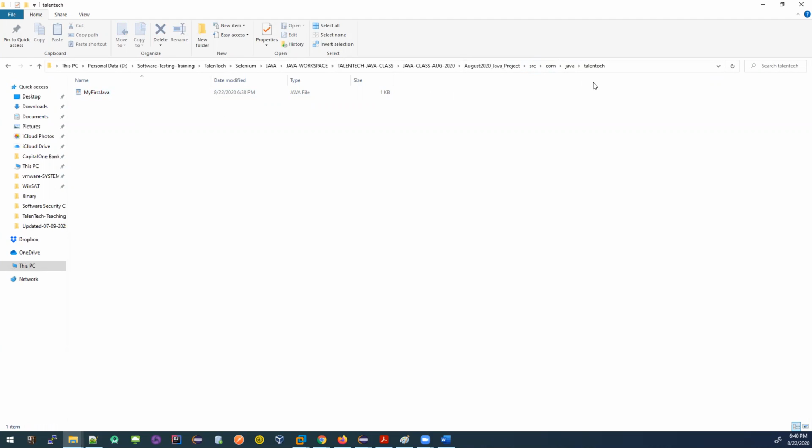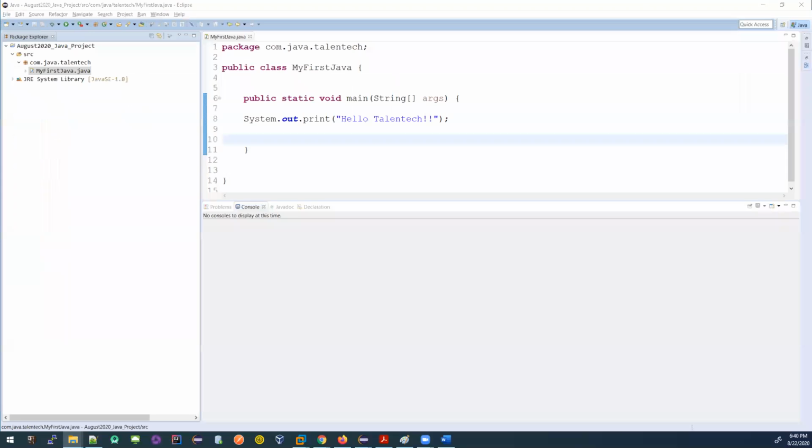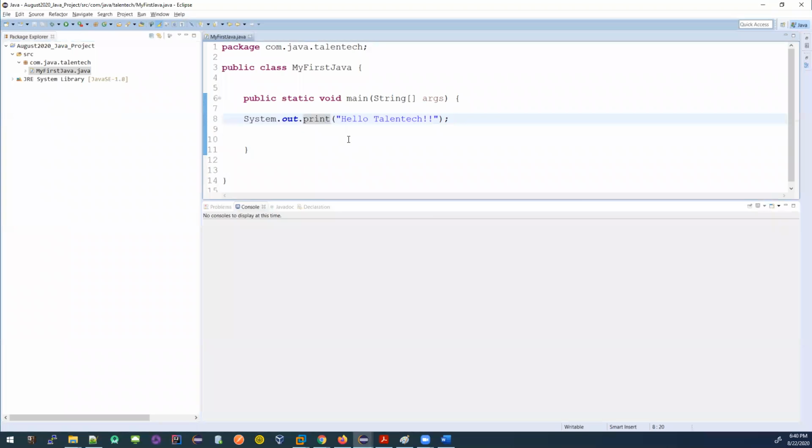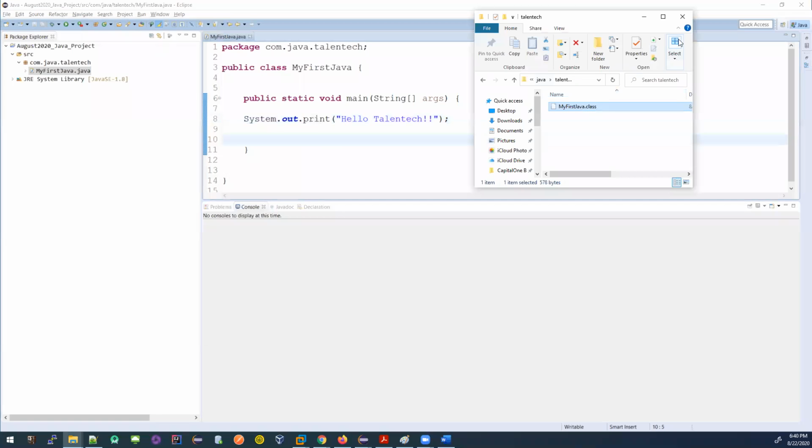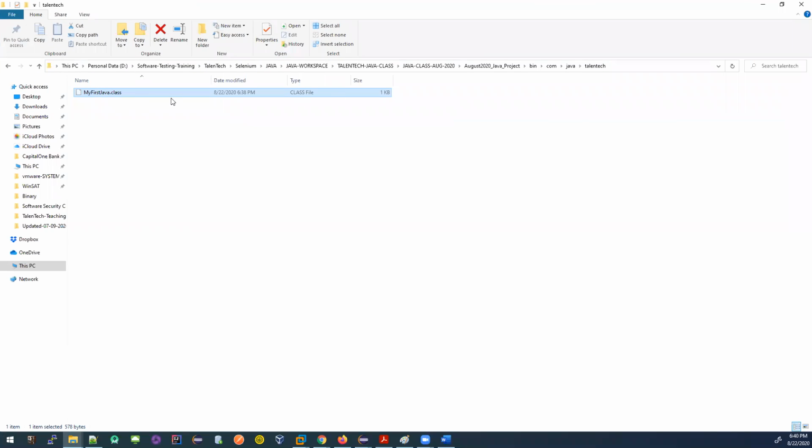So what I'm expecting is that when I run the code, the class file will be created here. Okay, you know what? It already created a class file as soon as I saved the code with Control S. The IDE is that intelligent. You save it, and it creates a class file. So this is your class file.